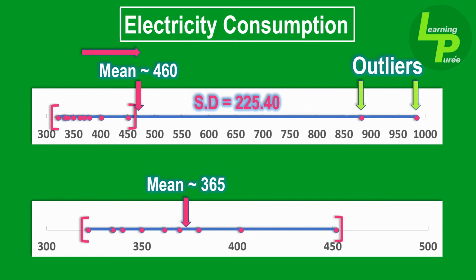The standard deviation for this data without the outliers is 39.01. Notice the sharp decline in standard deviation on removal of these outliers. The graph plotted without the outliers also indicates that this new average figure appears to be a more respectable figure. The new mean lies very much within the cluster of the dataset and therefore a better representative of the cluster